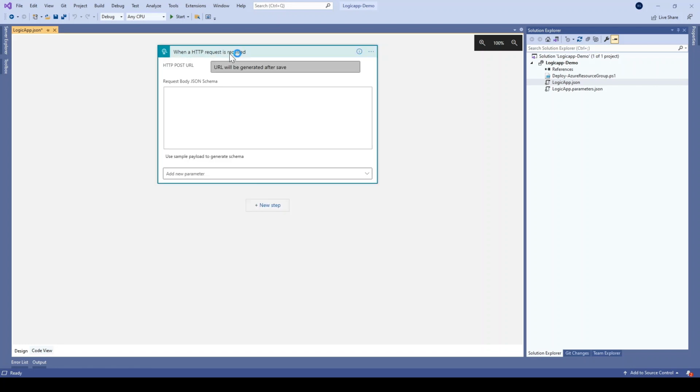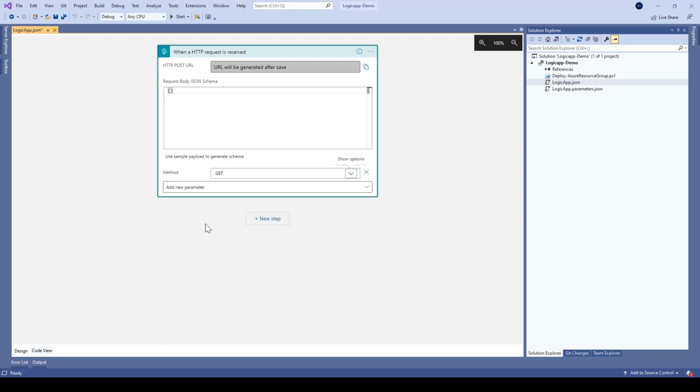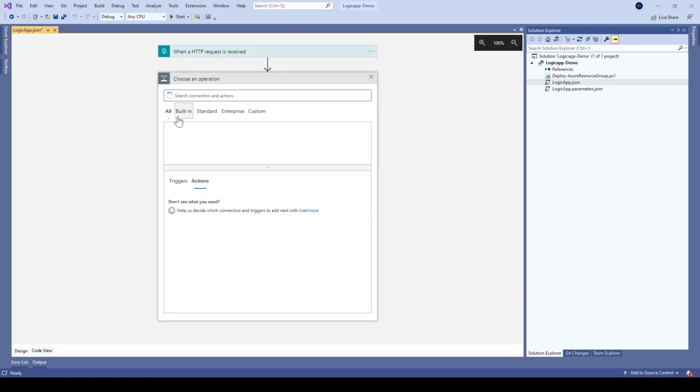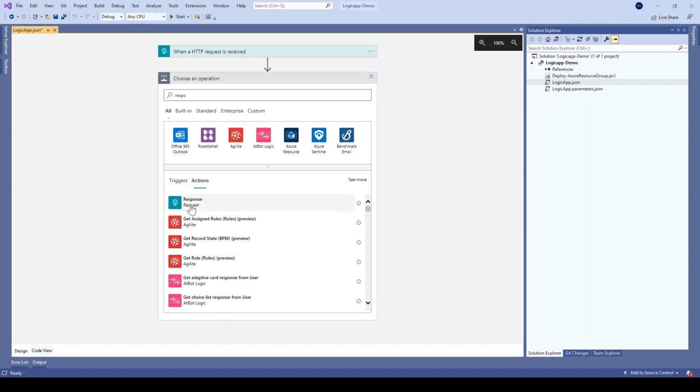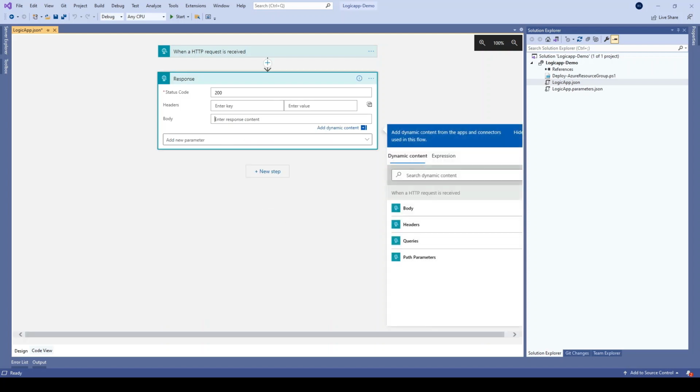So first I will select the method, and then I need to select the get here, and once this is done, click on new step, and there we have to select the response. So I'll select the response, and here I'll say hello from Visual Studio.